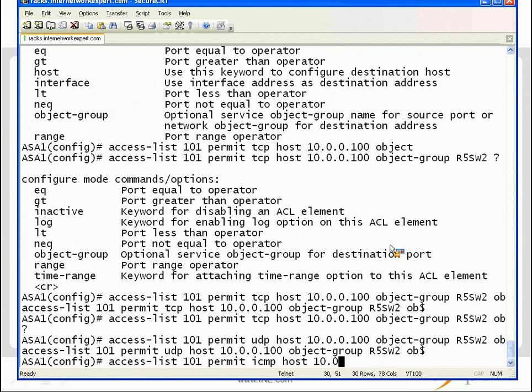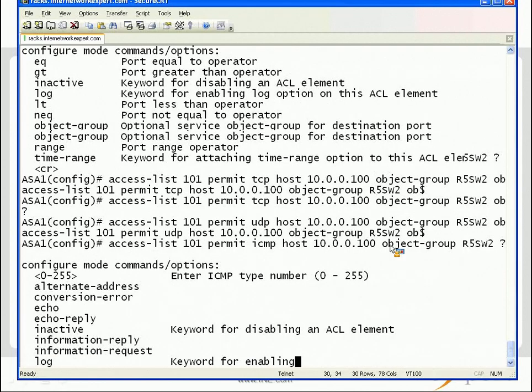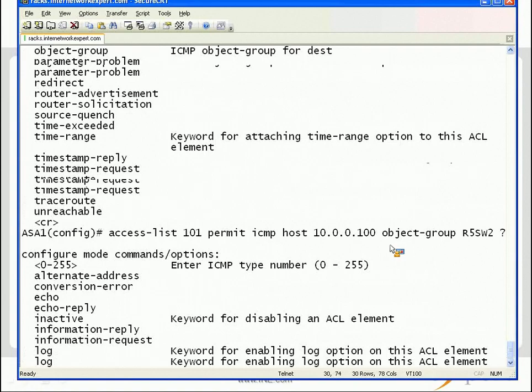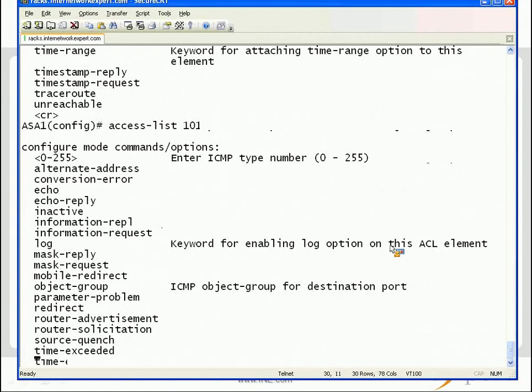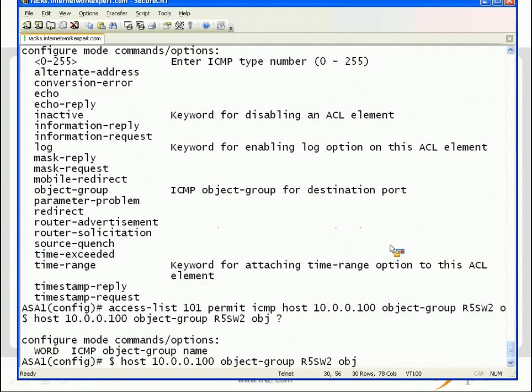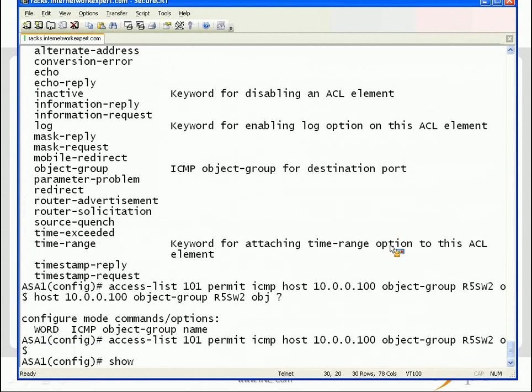In this case, that's ICMP object type. Again, host of 10.0.0.100, the object group R5S2. And again, for that one, the object group type I had defined was ping. Now if we do a show access list,